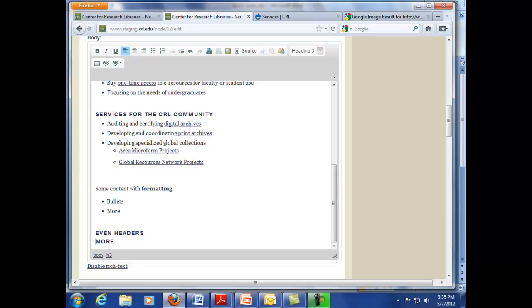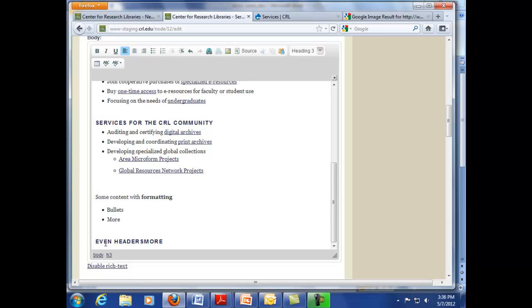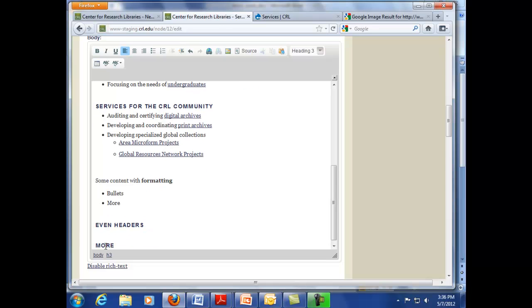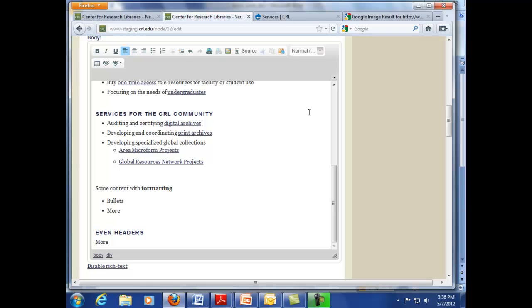I don't want this line to be part of my header, so I'm going to make a clean break with a full carriage return, and then I'm going to put that back to normal text. There's a cleanup process, and getting the hang of how to do it quickly and efficiently takes a little bit of time. I don't want to look at all the exceptions and gotchas right now, but I think this might be a